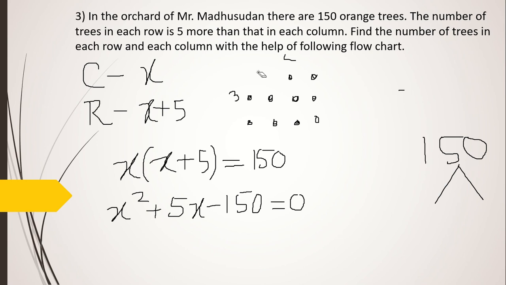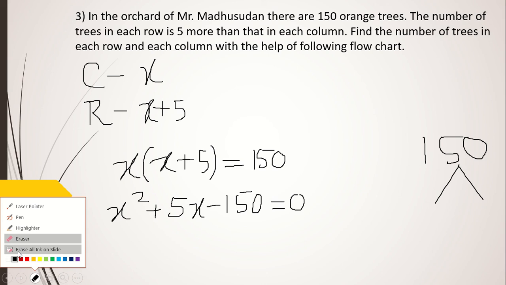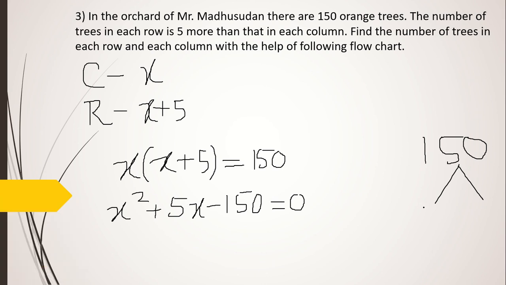Okay, let me erase this part. So 15 tens are, how about 15 tens are? Check. 15 tens are 150, and 15 minus 10 gives me 5, right? Middle term sign is positive, that has to be given to the greater number, and the other number is going to be negative then. So the factors would be plus 15 and minus 10.